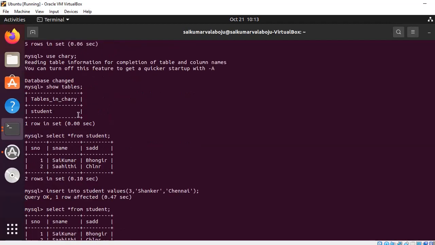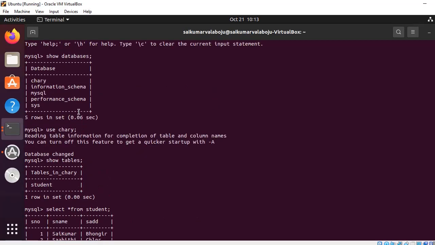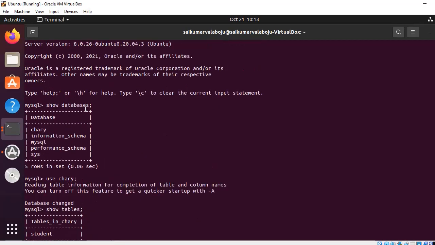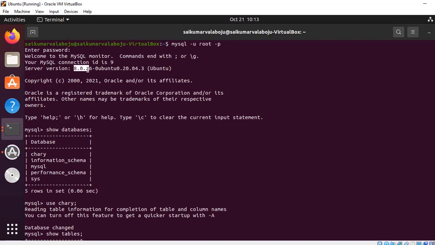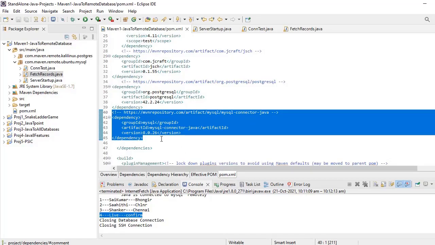My MySQL version is 8.0.26, so that's why I have taken 8.0.26. The moment you put this information in the pom.xml file, the jar files will be downloaded from the central repository to the local repository.